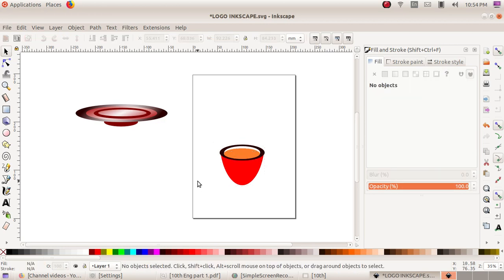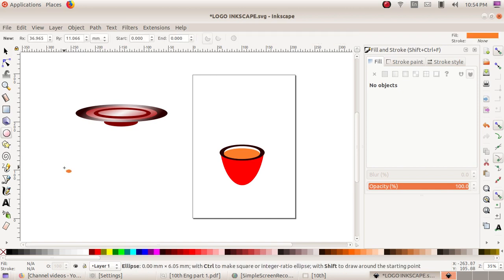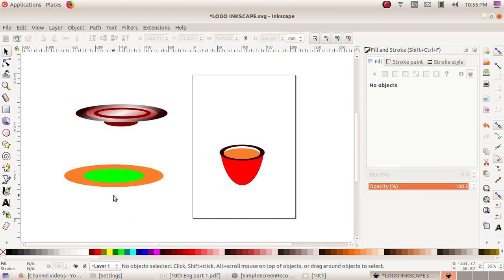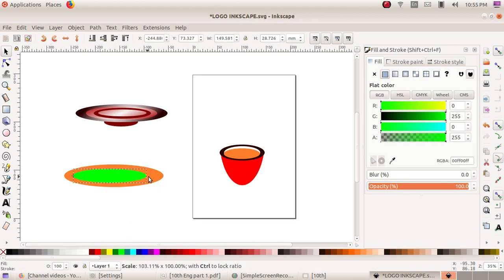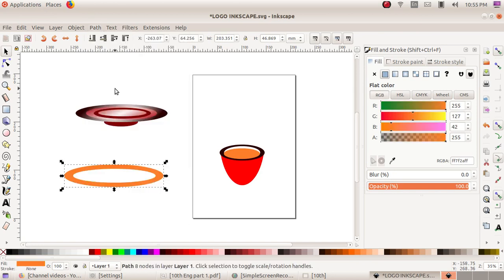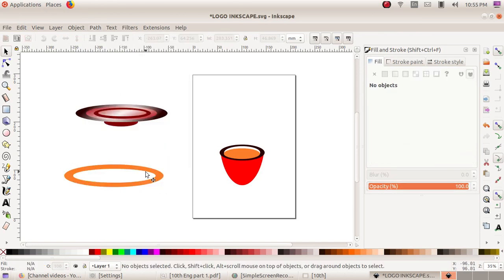Next we need to create the handle of that cup. Just create an elliptical shape and take a duplicate of that picture using the Ctrl and Shift keys. Then go to path and difference, right?